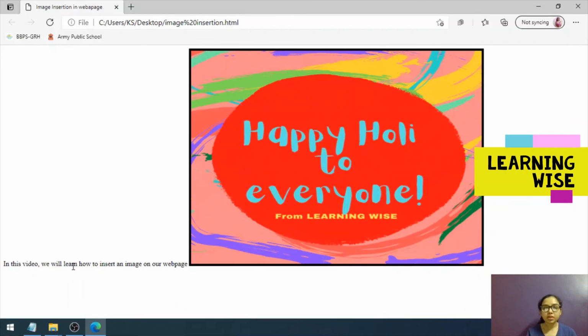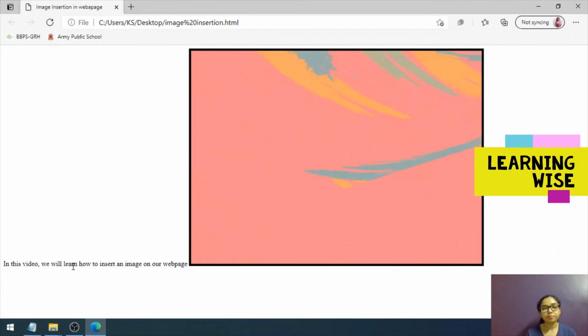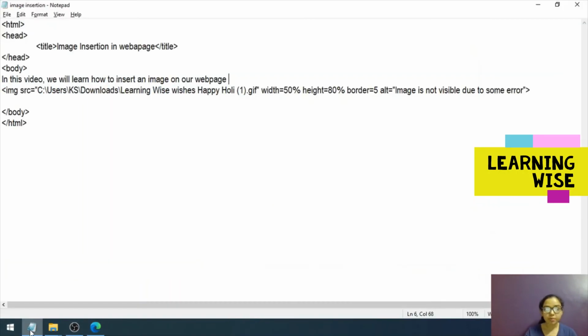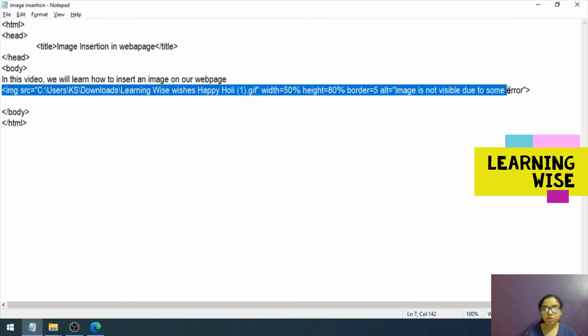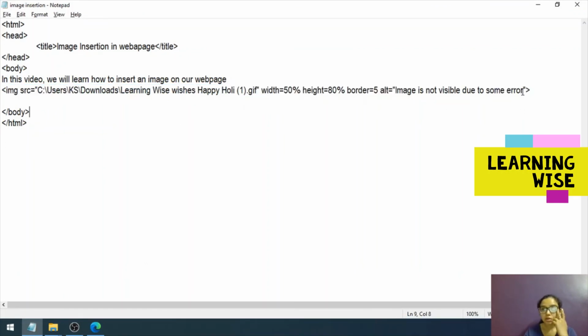when you have a text and an image just near to each other, you can have three kinds of alignment for your image, vertically. So it can be top, middle and bottom. Now let us check that out one by one. After this image tag, at the end, we can have this. Let me delete this alt attribute. After this border equals 5, I'm putting a space and then I will write align.